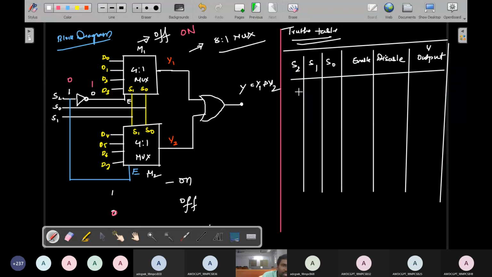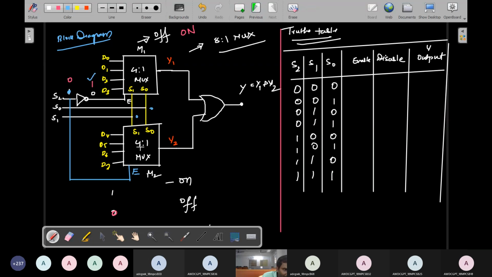For understanding purpose, this is considered M1 and this is the M2 multiplexer. So the possible combinations are 8, because I am using 3 terminals, which means 8 possible combinations. 0 0 0 0 1 1 1 1, and 0 0 1 1 0 0 1 1, and 0 1 0 1 0 1 0 1. So first, see, all are given 0. S1 is 0, S0 is 0, and finally S2 is 0.